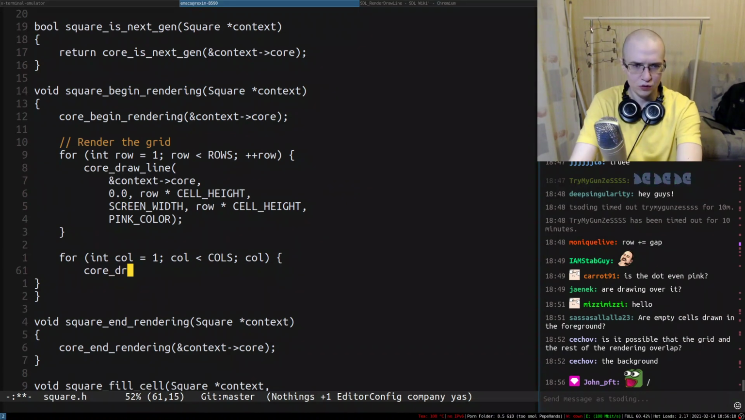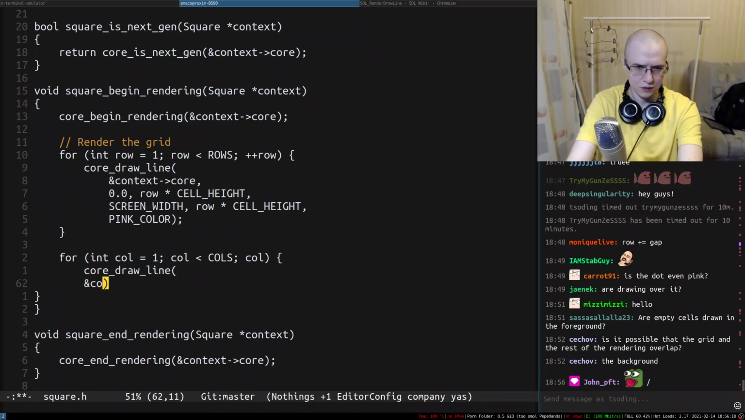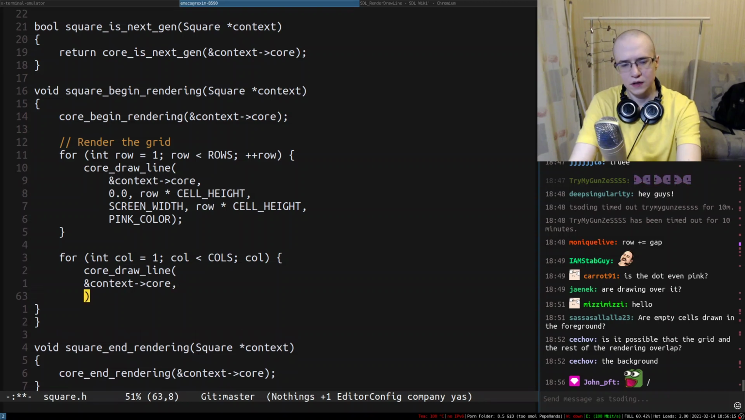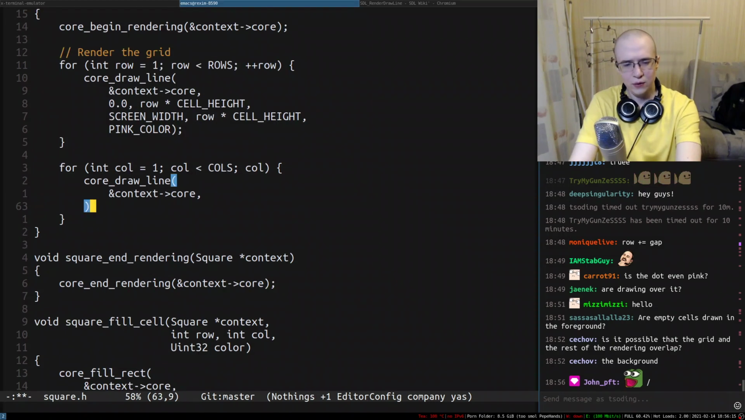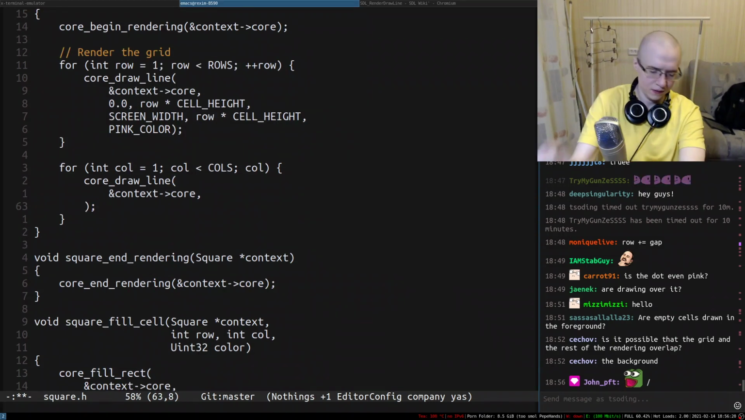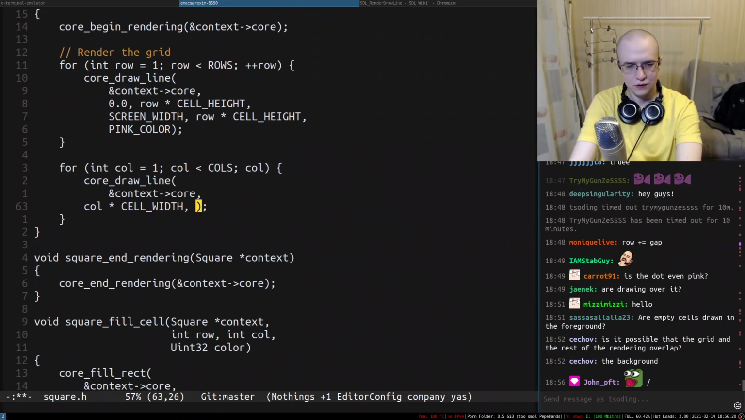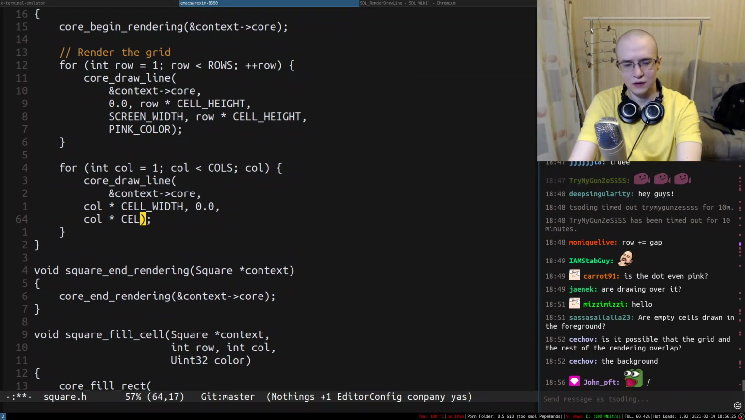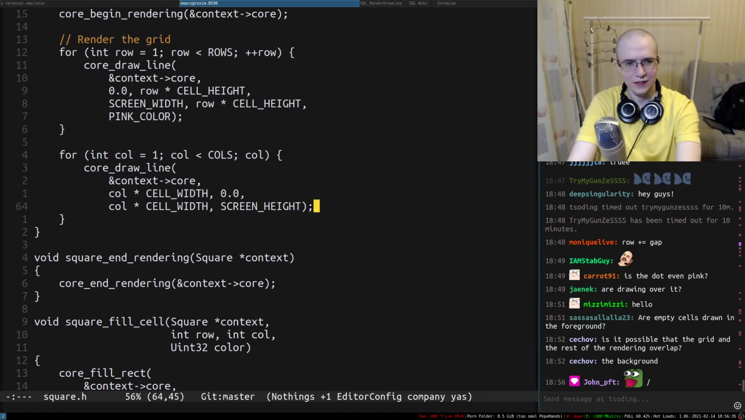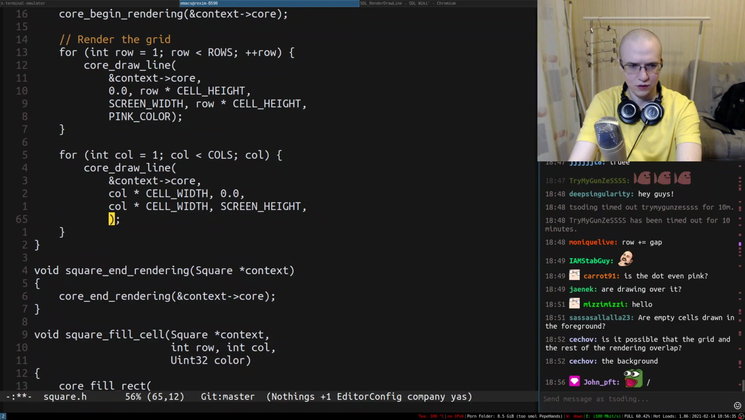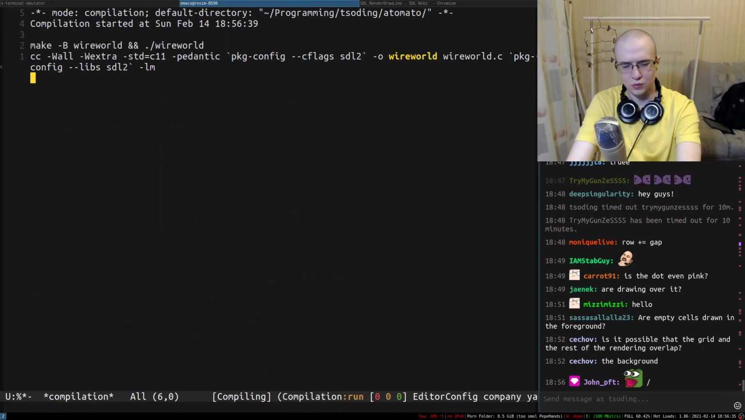And let's do core draw line. It's going to be context core. And so how we're drawing everything: the x is going to be column times cell width. This is going to be 0. Then column times cell width, and this is going to be screen height. This is going to be screen height, and that's pretty much it. And we're going to use the pink color as well, and